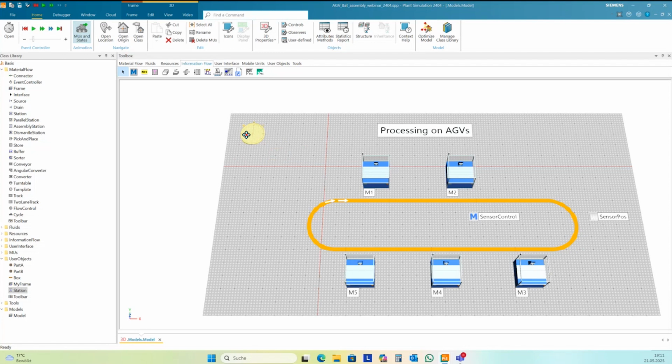And also for statistic, I want to have one source and one train, just to collect statistical data, how many parts I have produced during a certain period of time. And so I load at each round one part on the HEV and move at the end the part to the train.